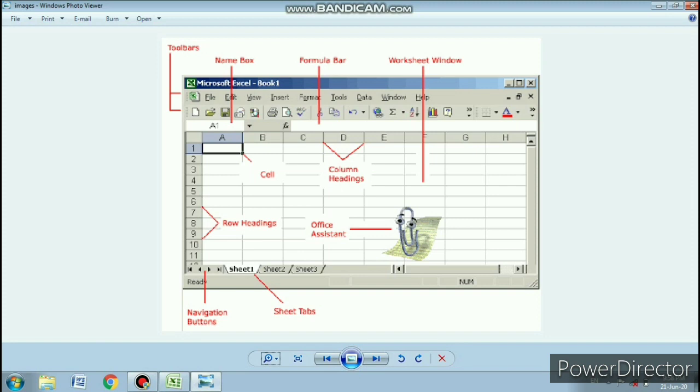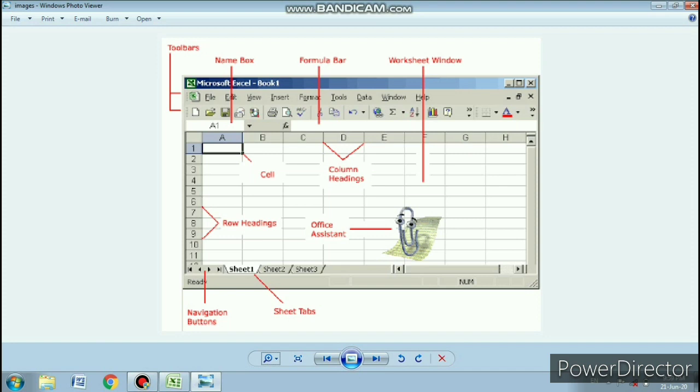Suppose you have to type a list for class 6th. For all the 5 or 6 sections, you need not make a separate Excel file for each section. You can make one single Excel file, and you can use Sheet 1 for section A, Sheet 2 for section B, Sheet 3 for section C, and so on.